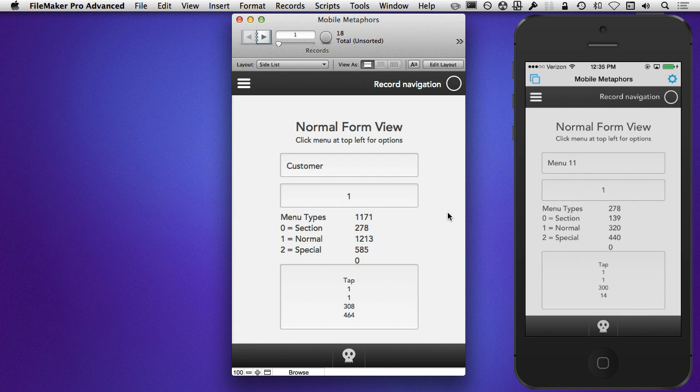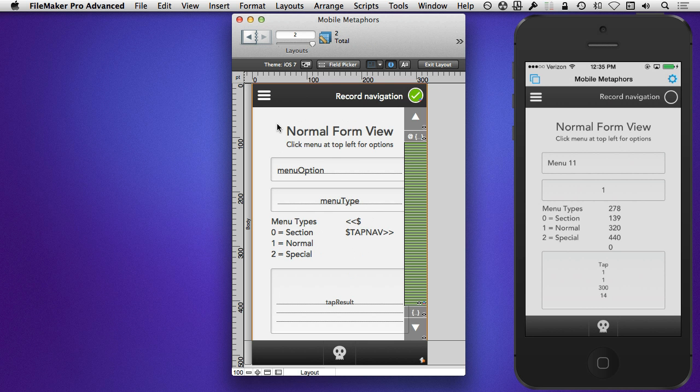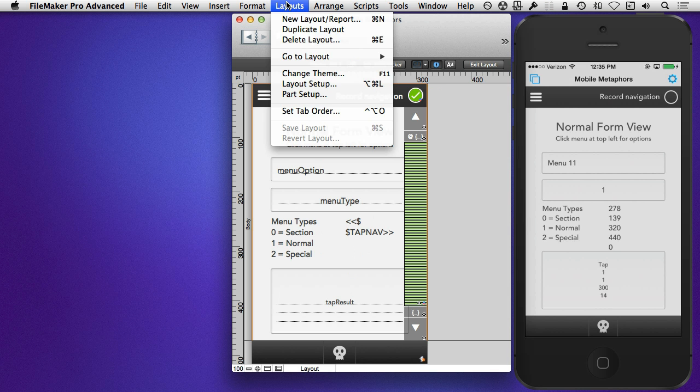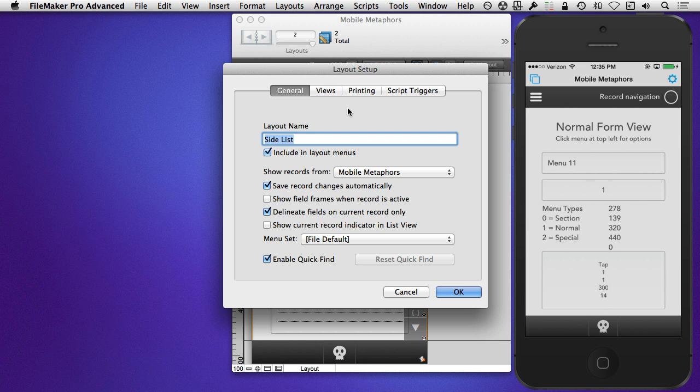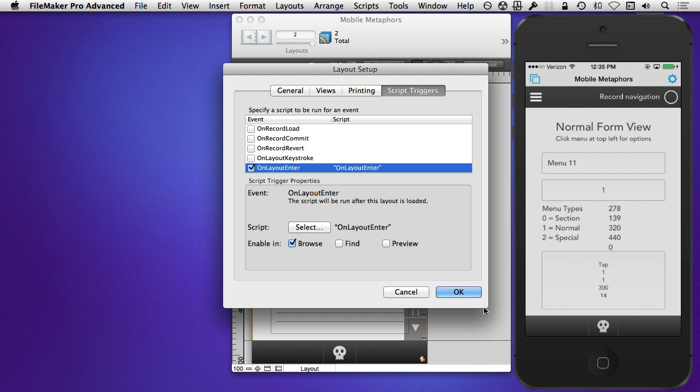Now one thing I want to point out is the record navigation. This whole design, the slider included, has been designed for the portrait orientation, and FileMaker 13 now provides us with a get function. That get function allows us to get the actual orientation and do things based on the switching of the orientation. When we go into layout mode here on FileMaker 13, and we take a look at our layout setup,